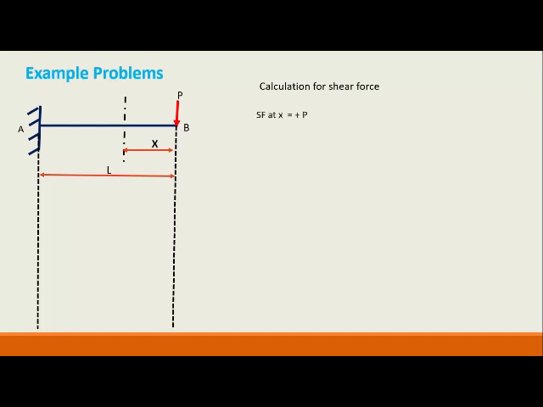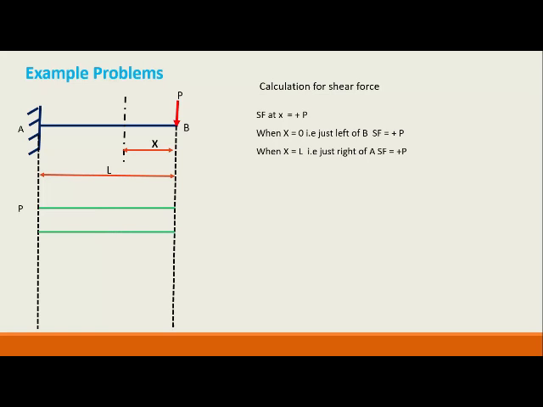Shear force at x will be P, as the algebraic summation of all the forces is to be done here. There are no other forces other than the P, and it is acting downwards and is situated at the right of the cross section. So we have taken it as positive. So it is plus P. Now we can see when x equals 0, that is when the section is considered just left of B, it is plus P, and when x equals L, that is when we calculate the shear force just right of A, it is again plus P because it is independent of x.